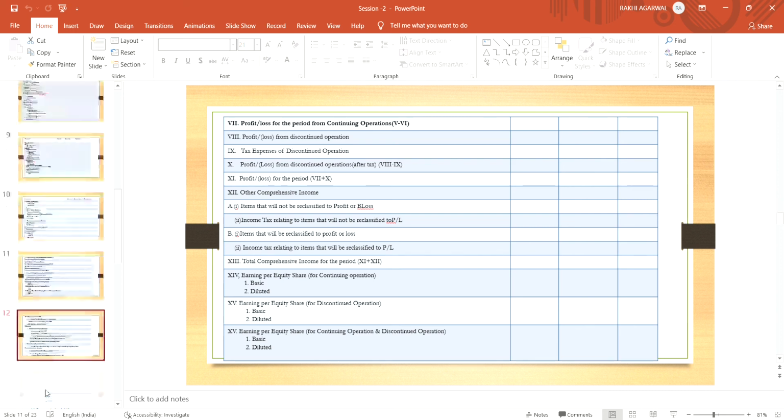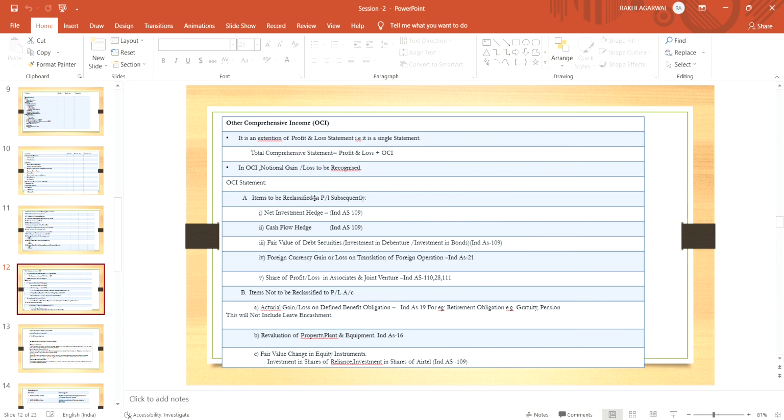OCI is an extension of the profit and loss statement. That is, in a single statement we will continue the OCI. In PL we will continue the OCI. OCI, total comprehensive statement, equals profit and loss plus OCI. In OCI we will generally recognize notional gain and loss,